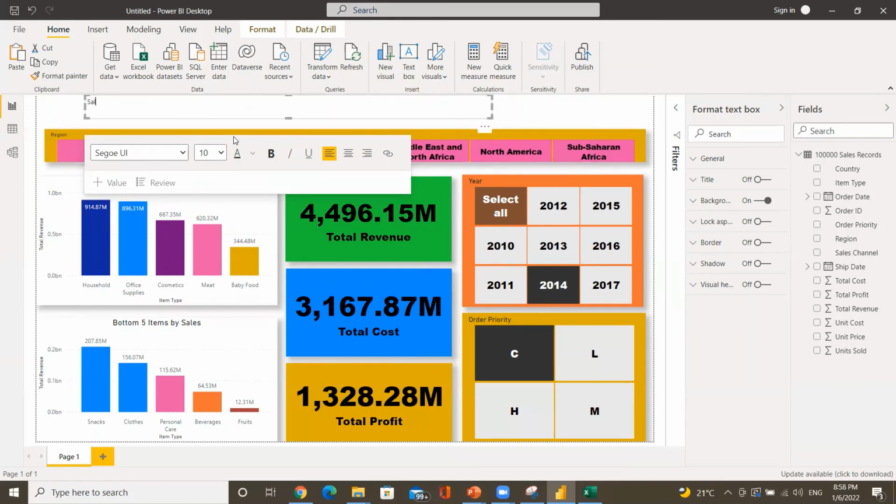And we need to type sales dashboard. So we need to select it and increase the size of the font. Just need to click this one and that should be in the middle. And it should be bold,